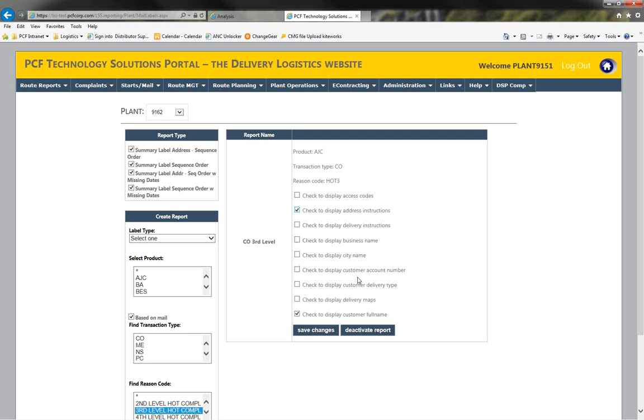Customer's name, address, instructions, name. Let's just say we want to save the changes there. Or you can create a report